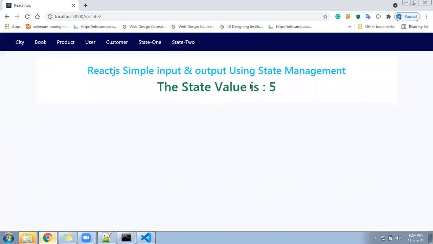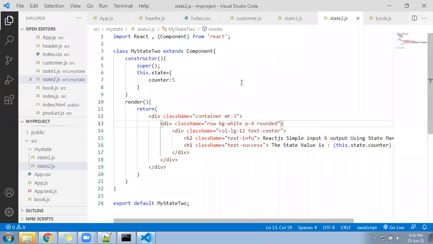Some background changes happened, no problem, let it be. Come down below. So understand the flow first.